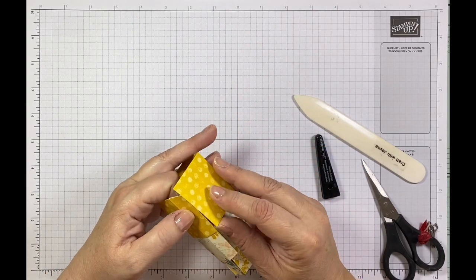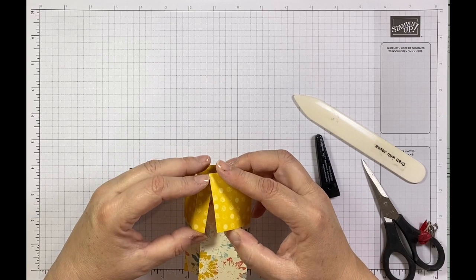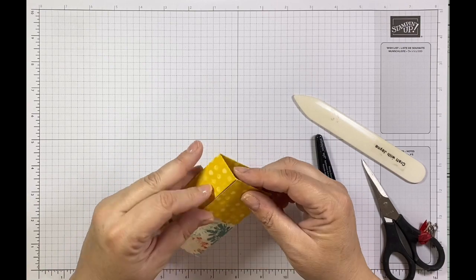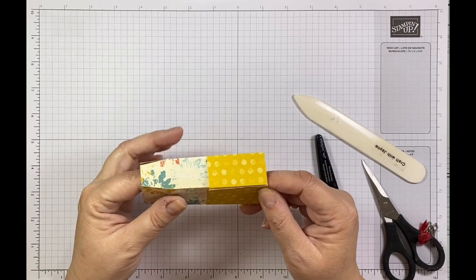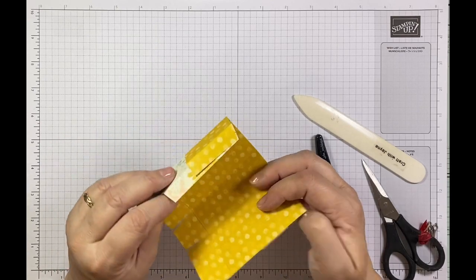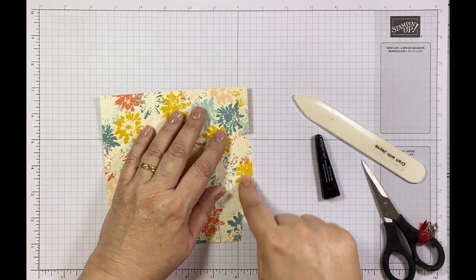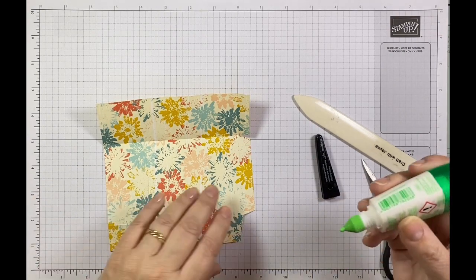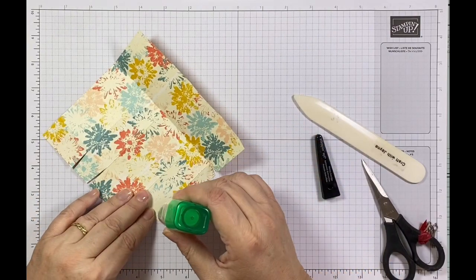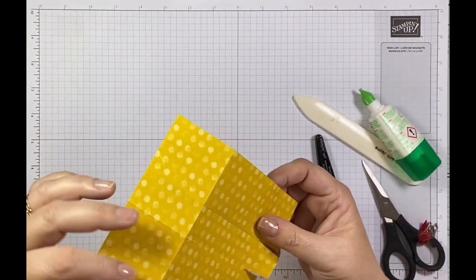So I'm going to glue this section first. What I would like to do is glue that there and that there, which just creates quite a nice seamless bit to the box here. So to do that, I'm going to need initially to just glue this section here. And I'm going to use some liquid glue for this, because sometimes there's a bit of manipulation of the paper into place. So if I do this to start,